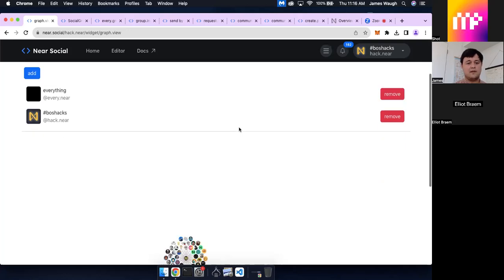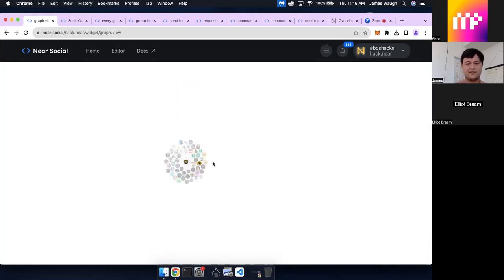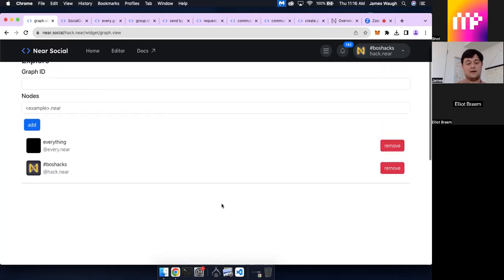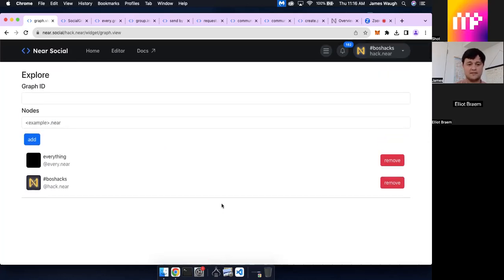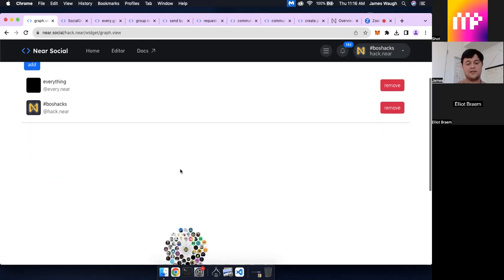With that being said, this is our graph that we made for the visualization of followers, which is a specific group in the social database. What I say really is groups are not exactly things, but what we're doing here is defining what is a group, and what we landed on is a graph that is actually stored in the social database. The default here is the follow graph, but we can actually